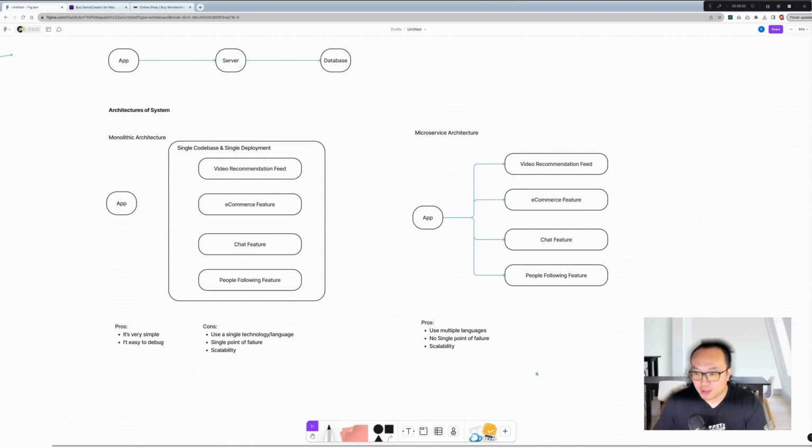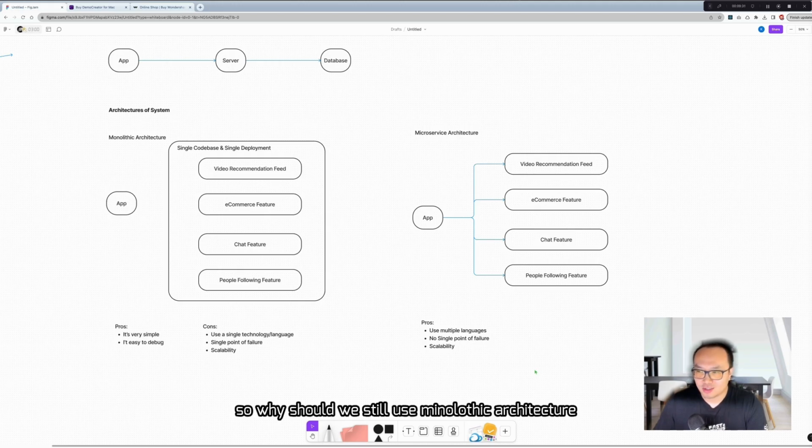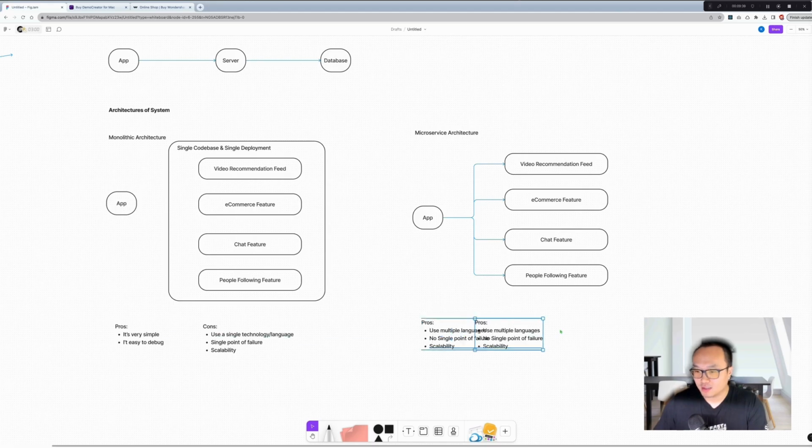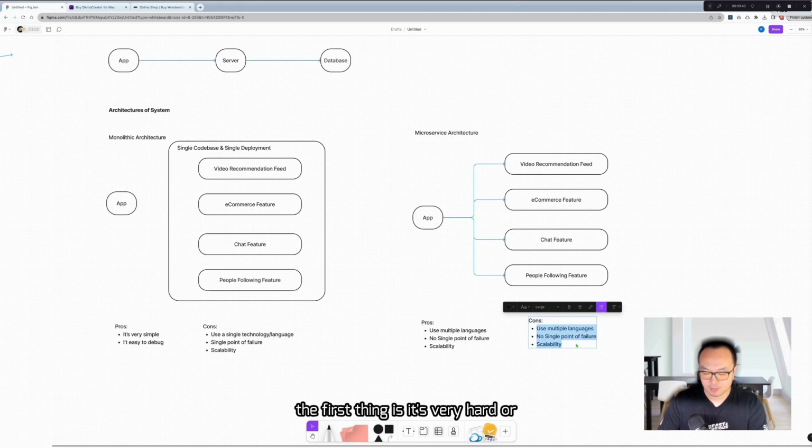Okay, so it seems microservice architecture is way better than monolithic architecture. So why should we still use monolithic architecture, or what are the cons of the microservice architecture, right? The first thing is it's very hard or more complex to implement,